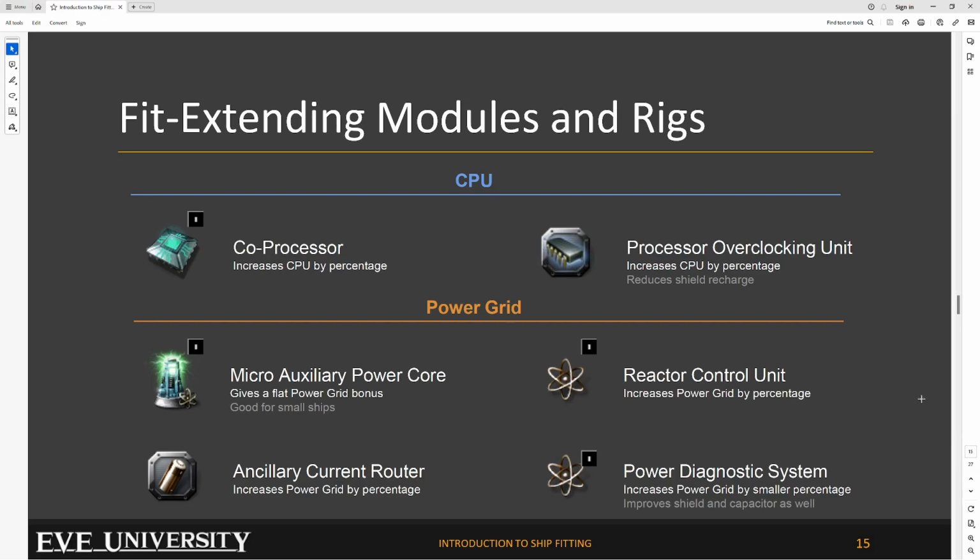They tend to be cheap rigs though. Now power grid. We've got more options for power grid. We've got what we call a micro auxiliary power core, and this gives you a flat 10 or 15 power,